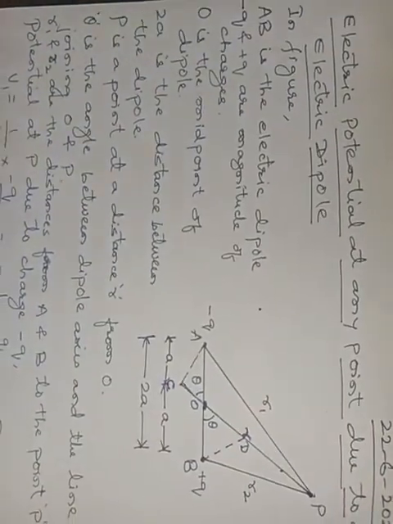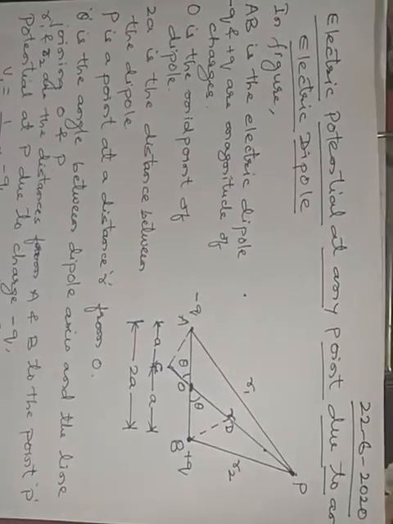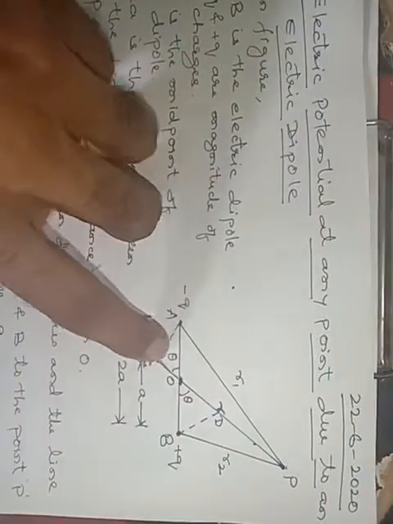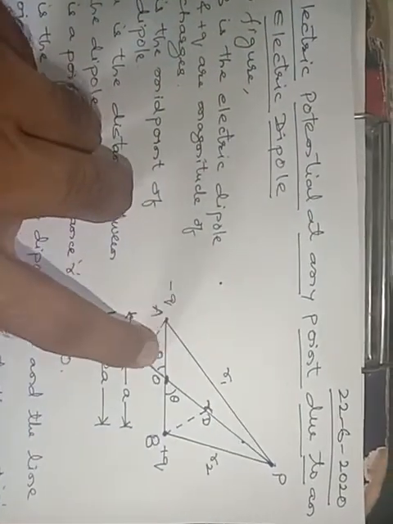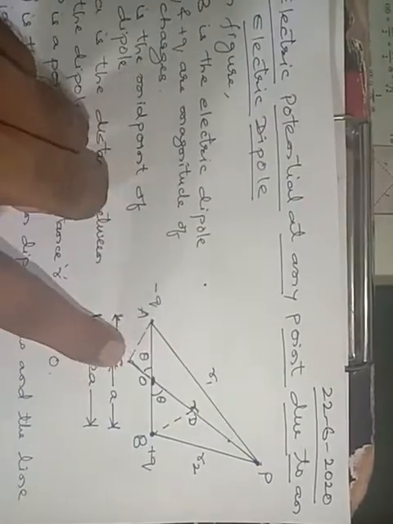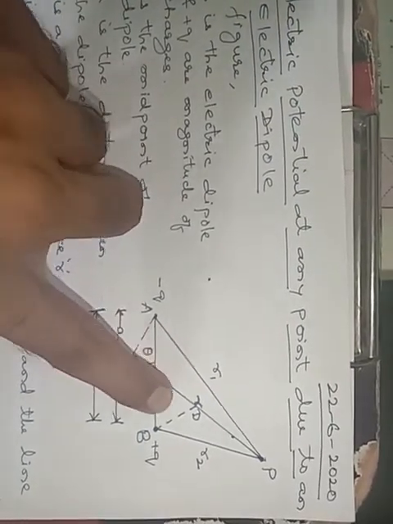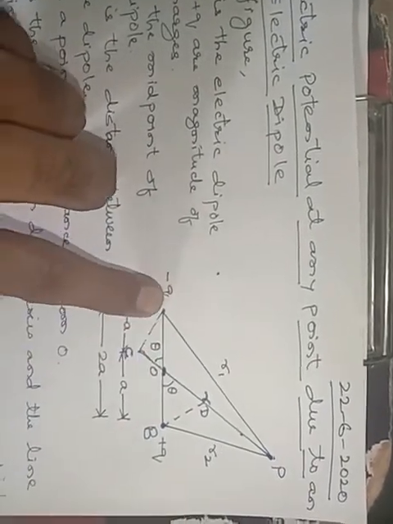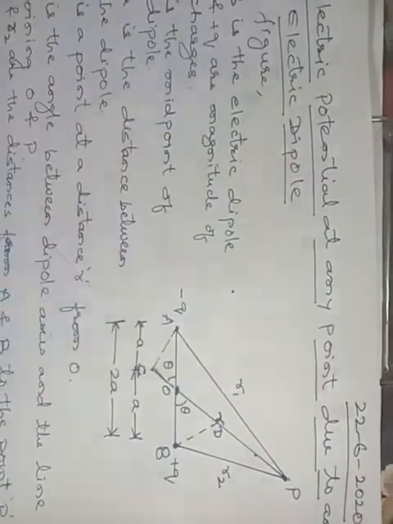Why are we doing all these things? Because we have to find out the value of R1 and R2. So to calculate the value of R1 and R2, we are making the extension of this diagram. Now from this diagram, what we come to know is that theta is the angle. This theta is a vertical opposite angle, so both the angles are theta. So ACO is one right angle triangle and BDO is another right angle triangle.